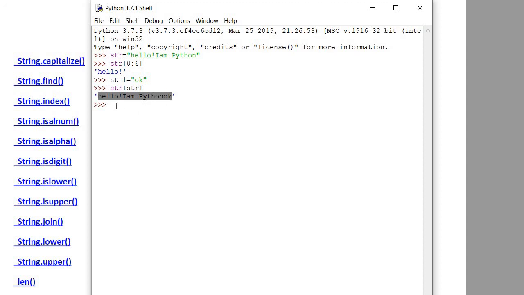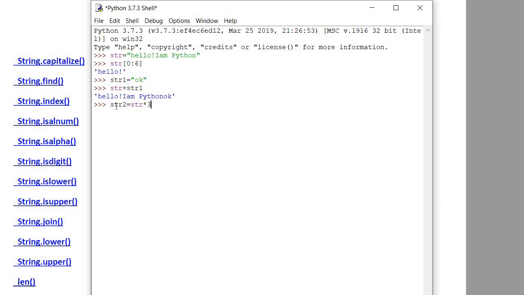Now we will see the star operator also, how it will work. The star operator is used for repetition. We can call it repetition, how many times we want to repeat the string. So we will apply it on string 1. Fine. So we will write str into 3 times.